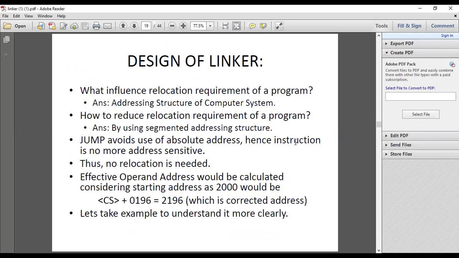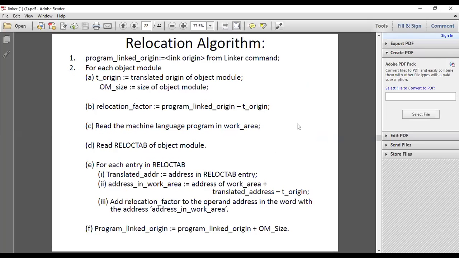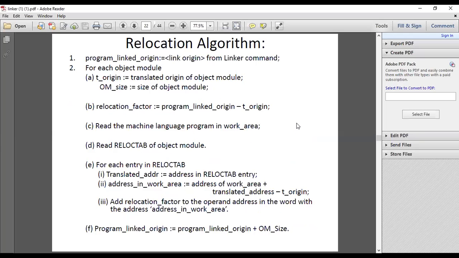Okay, so under the design of a linker, we have seen two algorithms. One is the relocation algorithm, and the second one is the program linking algorithm. These two algorithms are important from the exam point of view, as well as to be clear about the concept of linking.